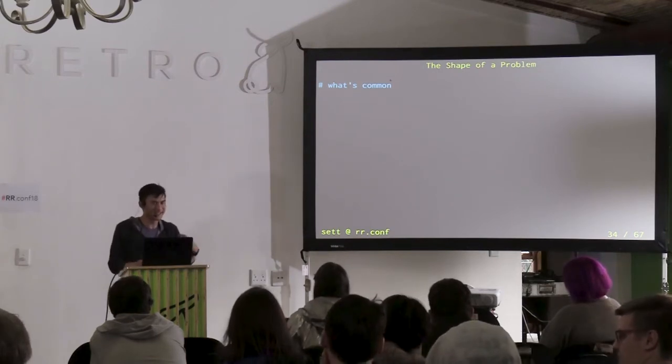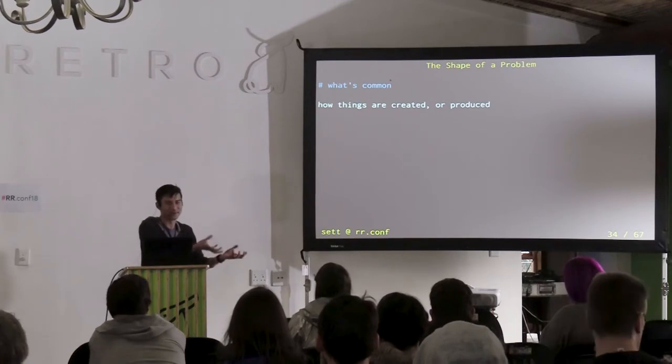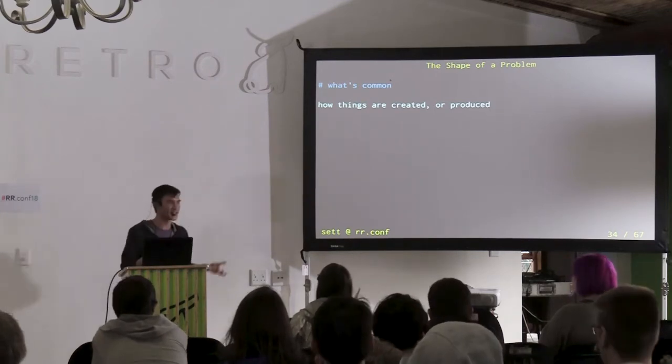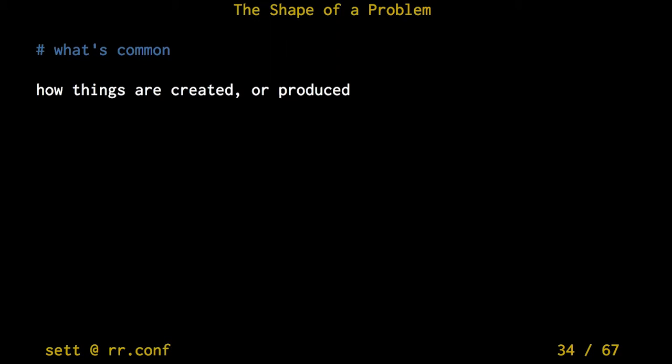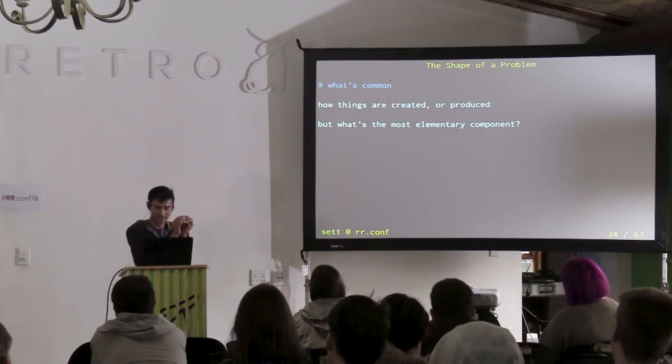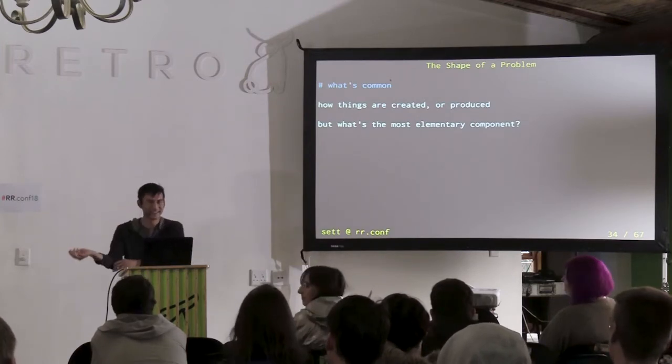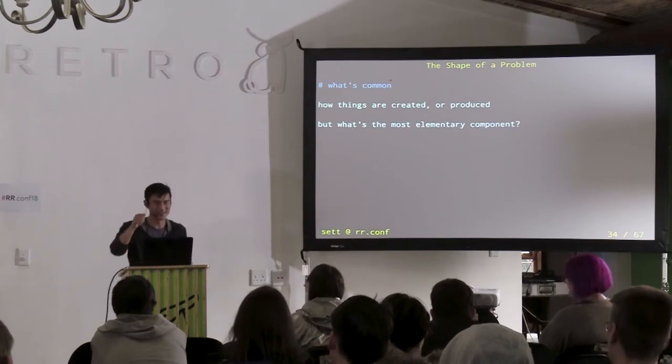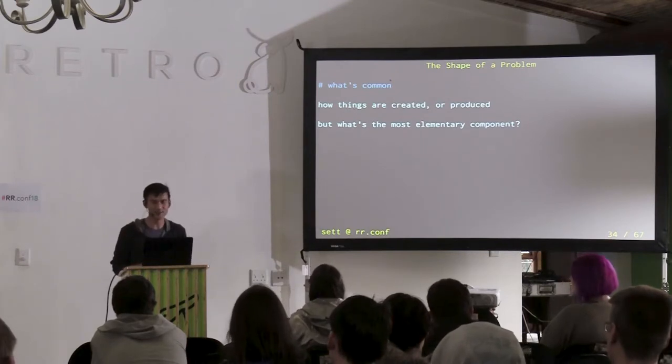That's good because it is really about how things are created and produced, right? So what each analogy has in common is that it's an analogy or metaphor for creation, for productive and creative things. But then if we understand that, what's the most elementary component? What's the single atomic unit of creating things? Megan? An idea. Okay, that's cool. I like that. Yeah, you have to start with an idea.